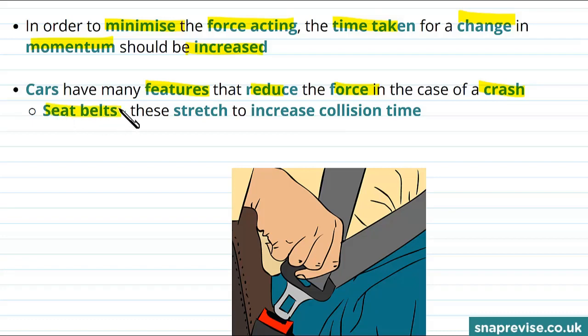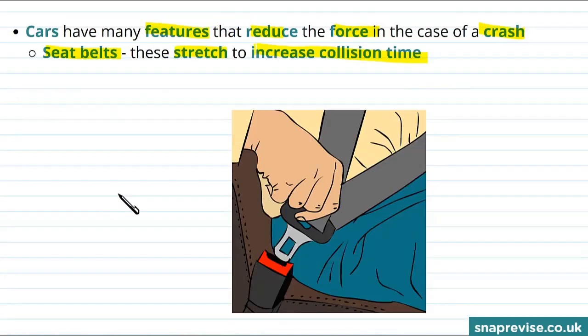One great example is the seatbelt. The seatbelt will stretch, which increases the collision time, or the time it takes for you to go from moving